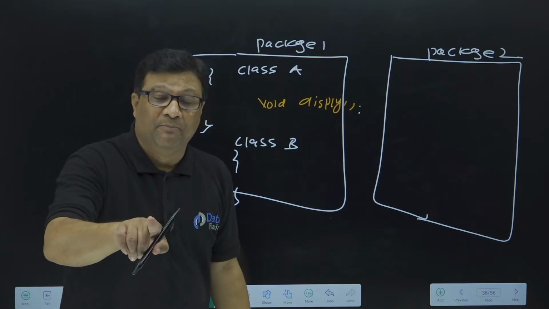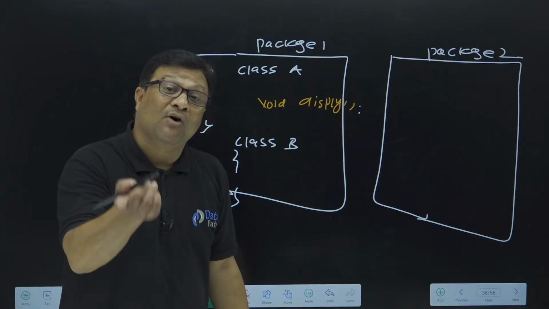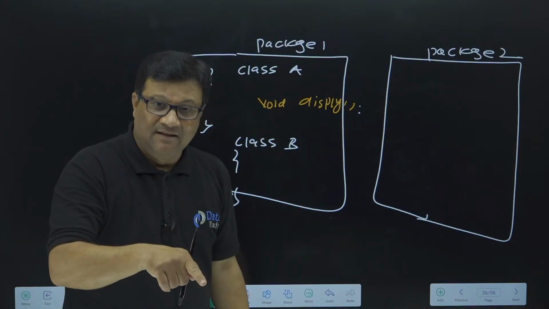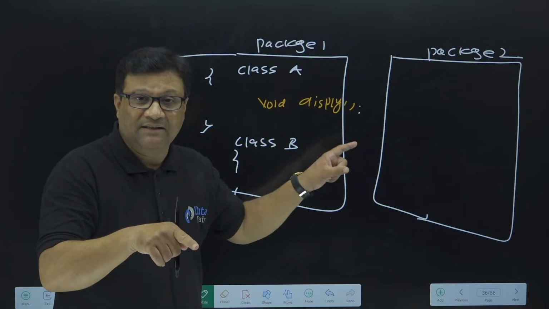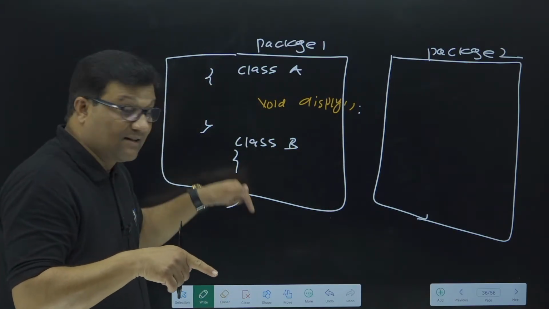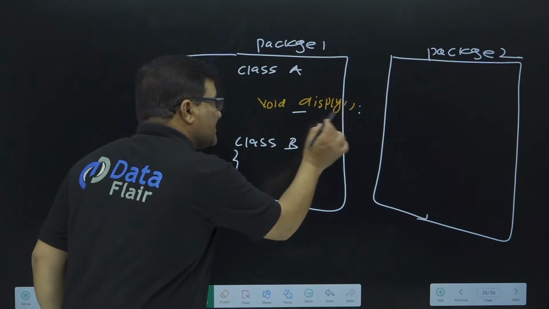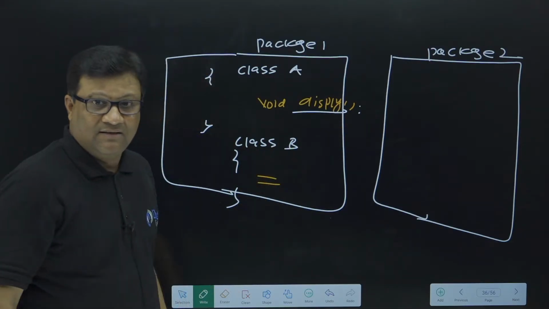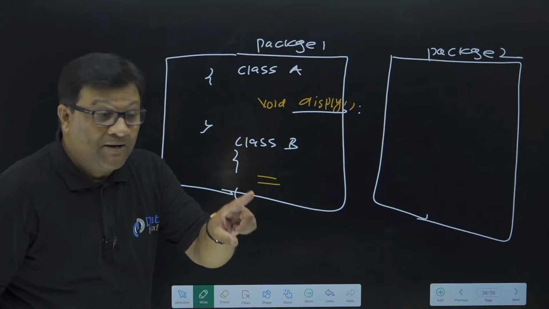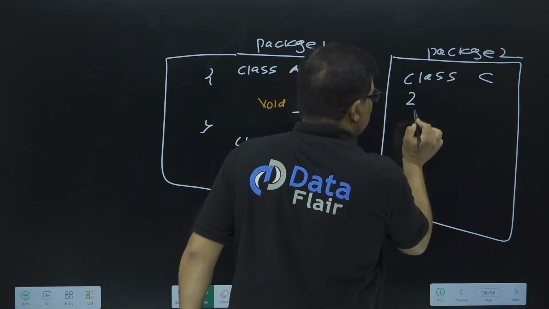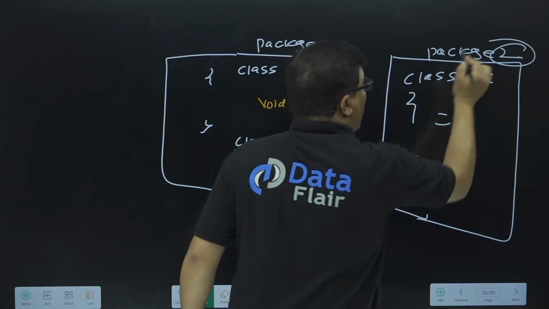Default public means public but for the same package. If it is private, then this method can't be accessed outside the class. But if it is default public, I can easily access this method in class B. But if I try to access this method in a class C which belongs to package 2,